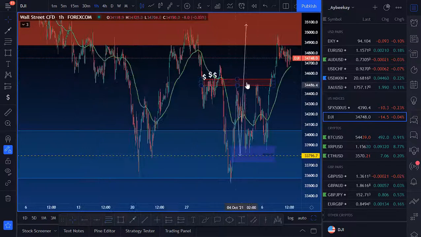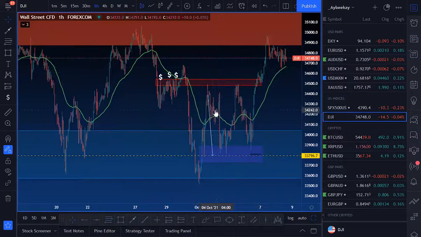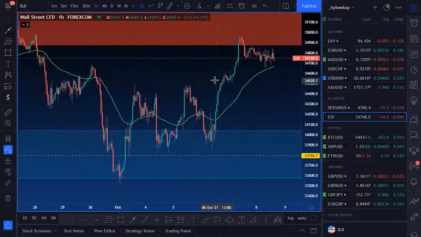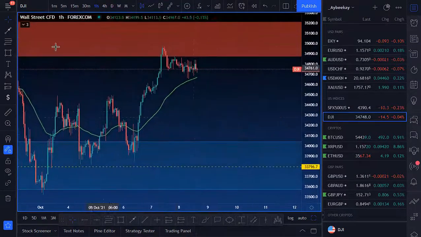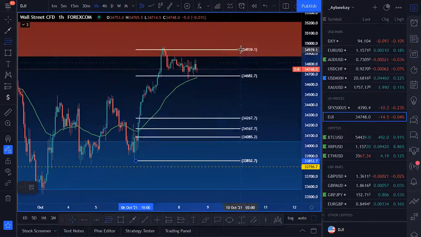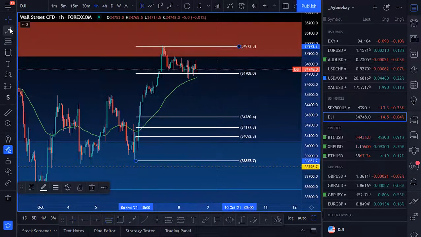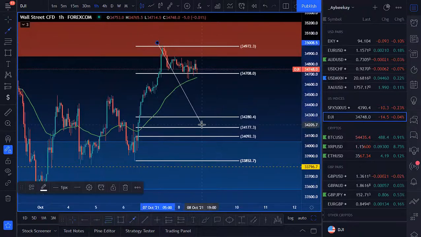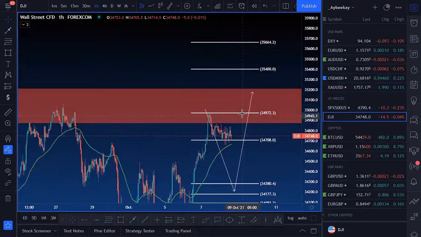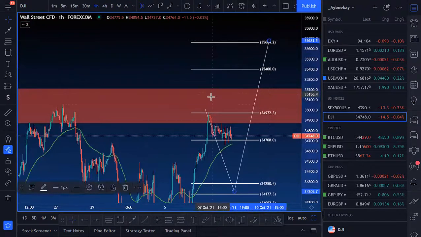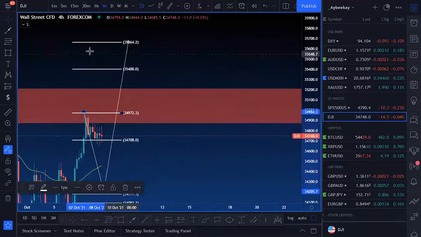So again, it's basically the same thing as with US 500, SPX 500. I just want that retracement, and I want to see what it's going to do down at that retracement before continuing to the upside and finally breaking through this damn supply zone that it keeps hitting.